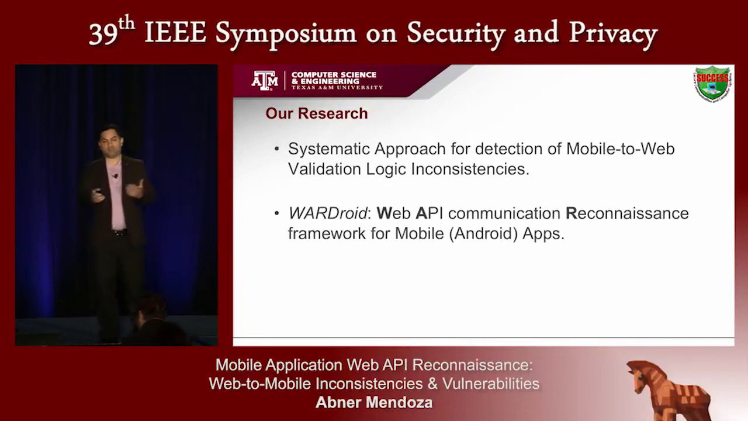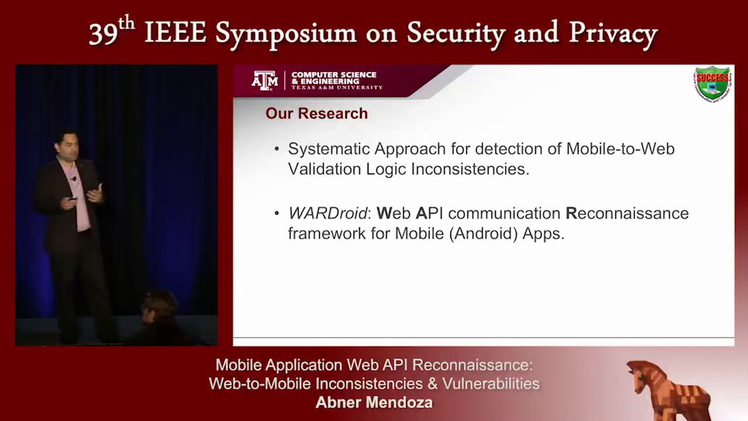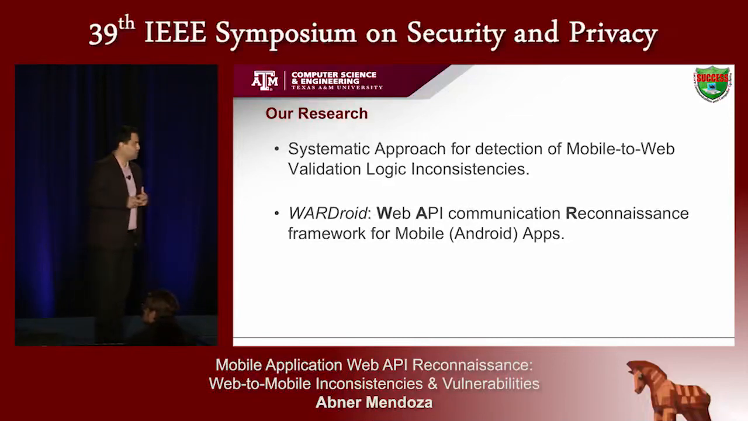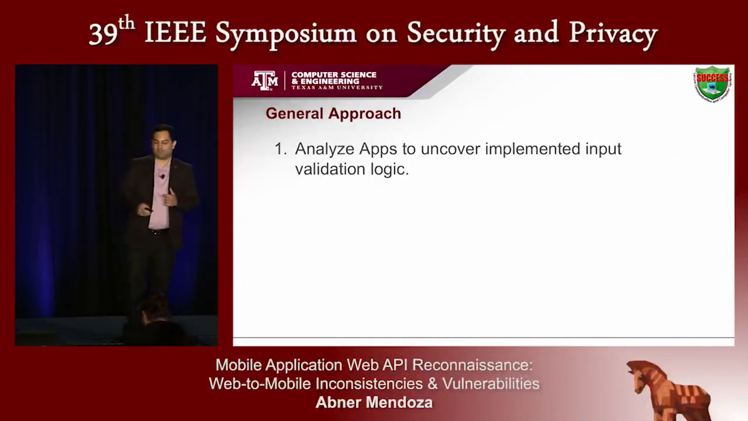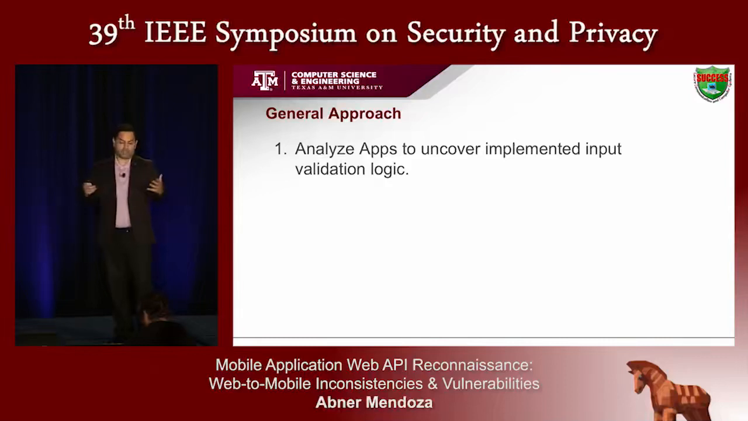We implement a system we call Wardroid, which is a web API communication reconnaissance framework for mobile applications, specifically implemented in Android. And then we highlight some real-world case studies of vulnerable apps with some fairly severe impact. Our general approach is first we analyze the apps to uncover that logic, just as an attacker would